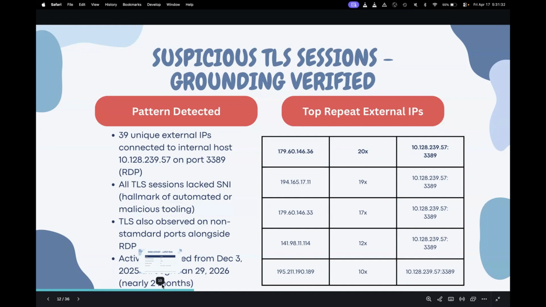Every one of these sessions has no SNI, no server name indication in a TLS handshake. That's significant because legitimate TLS clients almost always include an SNI to identify the target server. When it's consistently missing, that's a strong indicator of automated tooling, a scanner, or an exploitation framework. On top of that, TLS was also seen on non-standard ports from the same host, and this activity persisted continuously